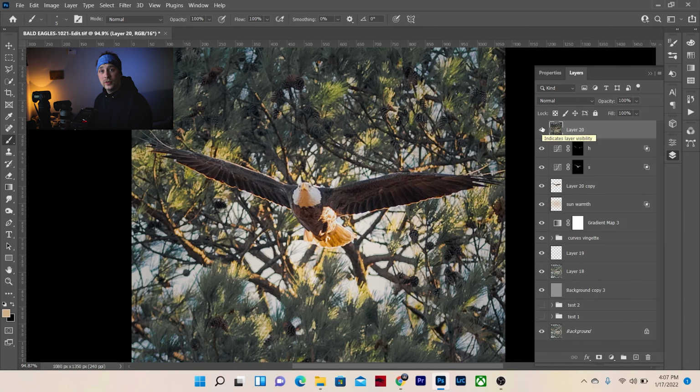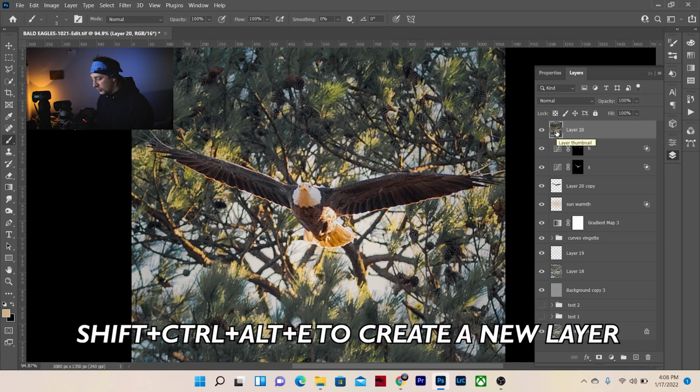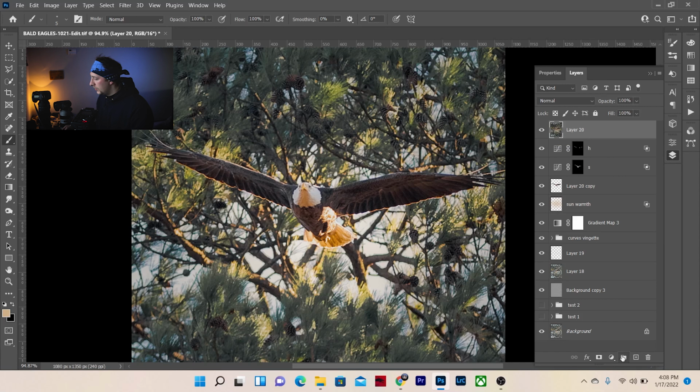Now I will add an Orton effect, very similar to what we did with the highlights in the beginning, but now we're going to do the overall photo, and it just kind of gives it more of a dreamy look, as well as focuses our eye and your viewer's eye to the subject, which is the eagle. So again, we just did Shift, Control or Command, Alt and E, creating a new layer, and we are going to put an adjustment layer on it,